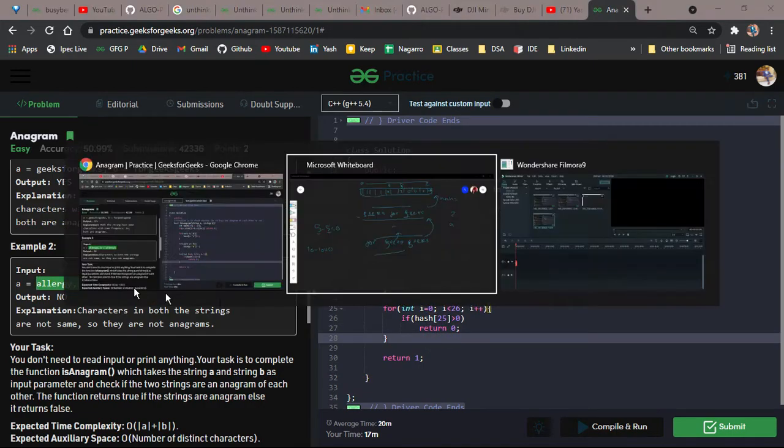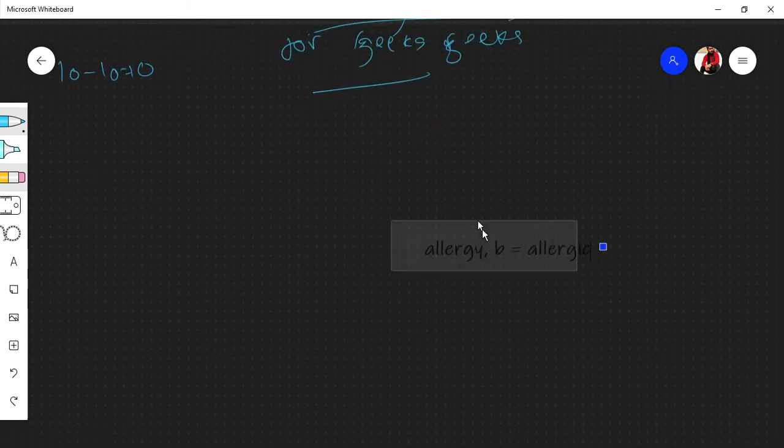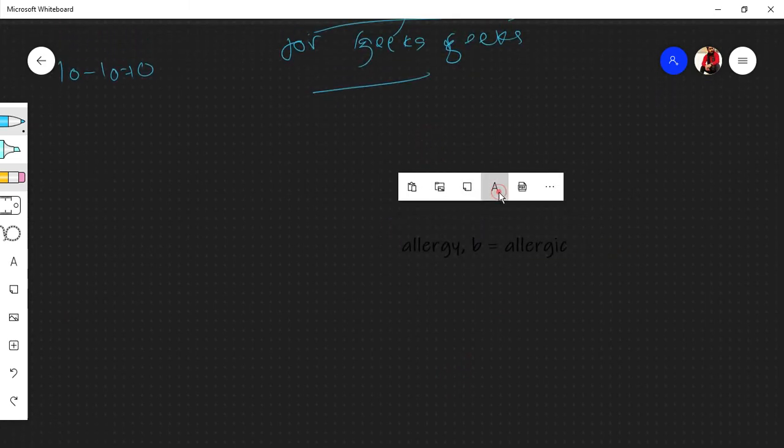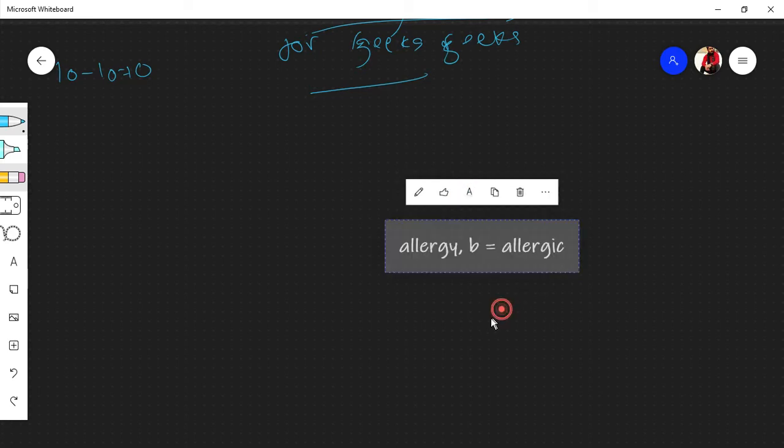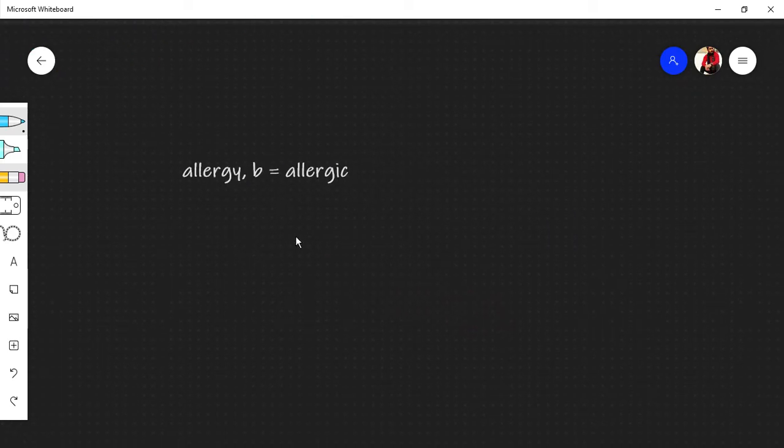For this, take allergic and allergy. For these two, I'll draw a hash, just imagine. ALLERGY: 1 1 2 1 1 1 1. Basically, we are picking up the unique characters: 1 2 1 1 1 1.